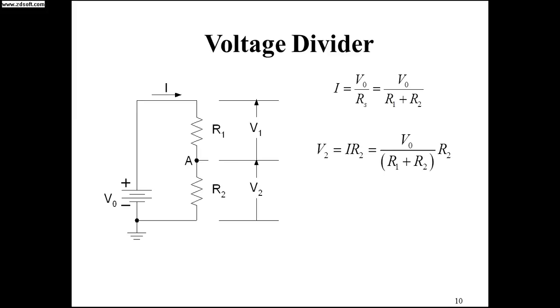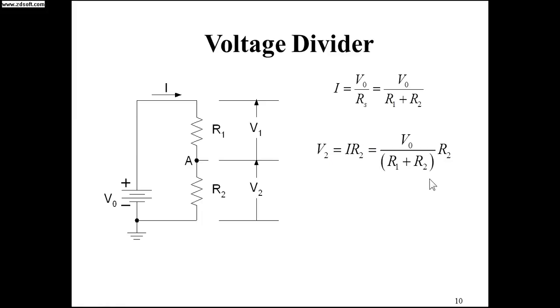Now let us try to write V1 and V2 in terms of I and the resistances. So V2 is equal to I into R2, that's from Ohm's law. So now let us substitute the current expression we have derived here: V0 by R1 plus R2 into R2. So V2 is equal to the total voltage into the corresponding resistance for V2, that is R2, divided by the equivalent